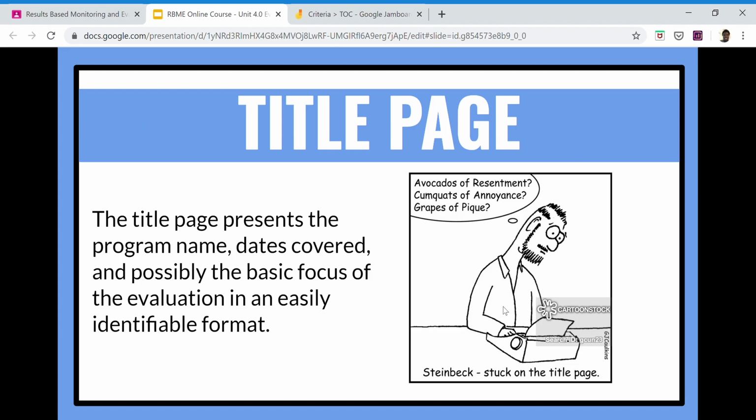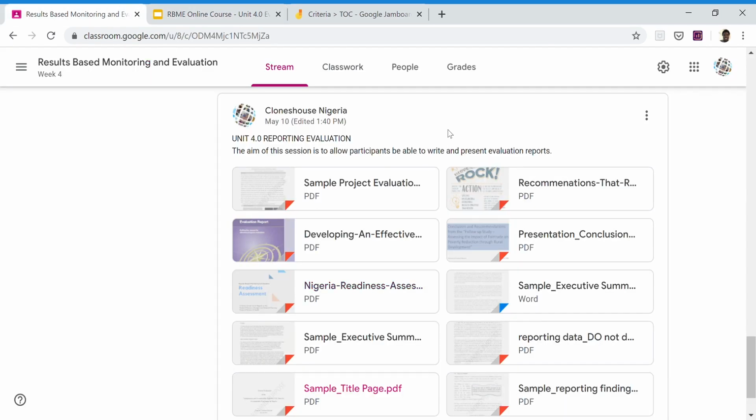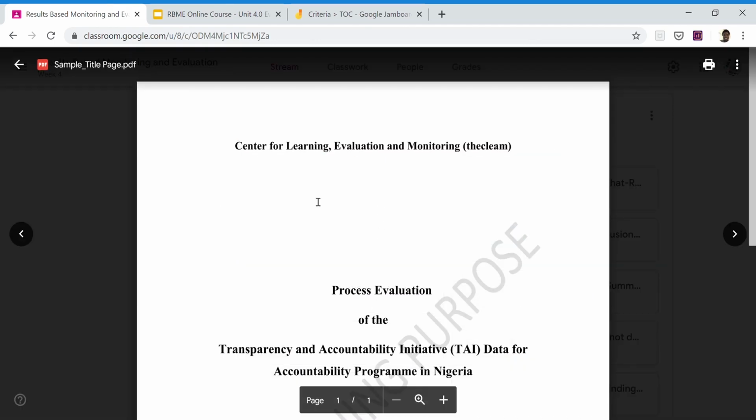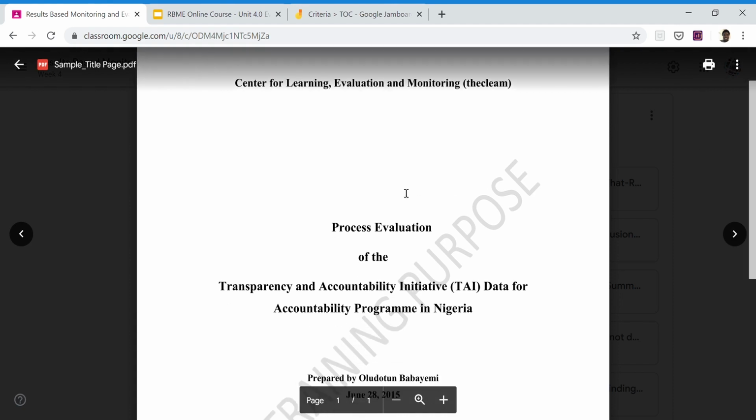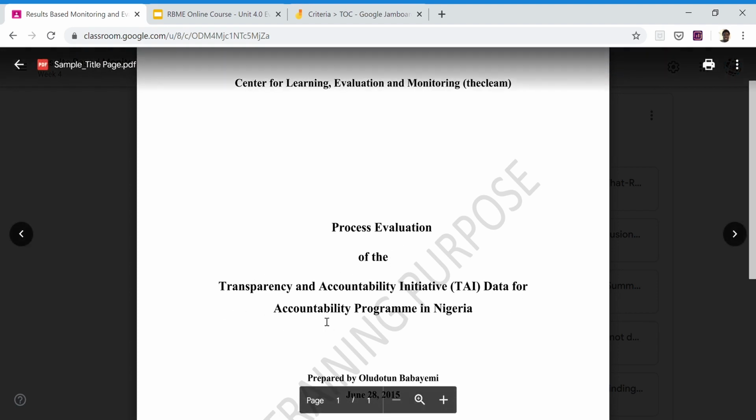So we'll start with the title page itself. You do not necessarily need to get stuck on the title page. In the classroom, we have a sample title page which you can actually look at. So what's in the title page? You have the name of the organization implementing the evaluation, possibly. Then the type of the evaluation, which is the focus of the evaluation. So you could say this is an activity based evaluation, trying to evaluate the various activities of the program. So the process evaluation of the